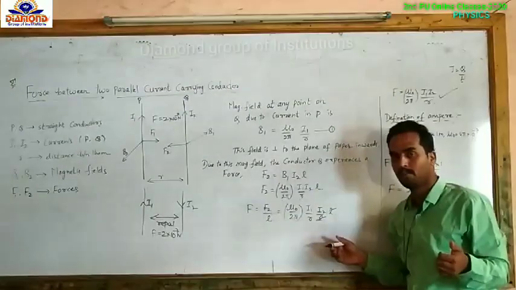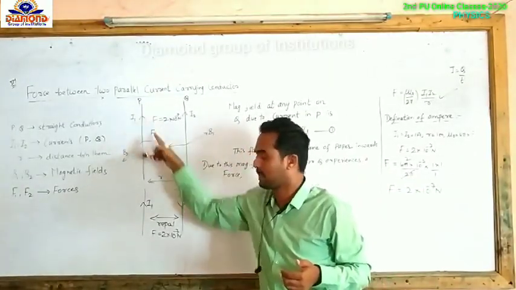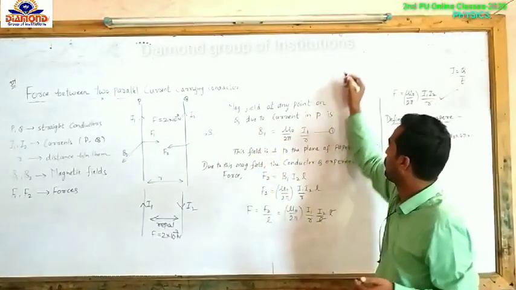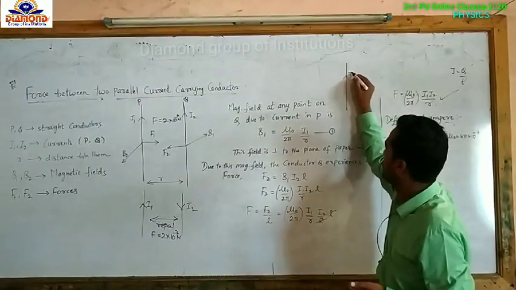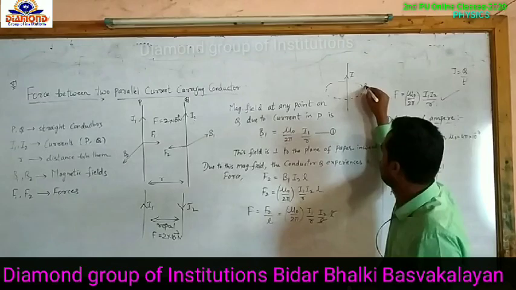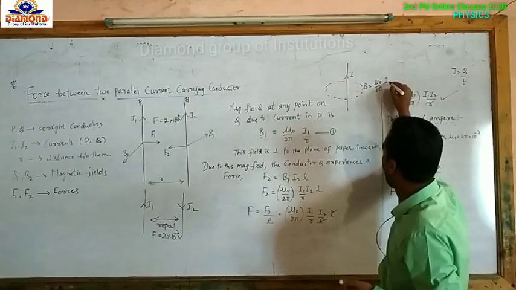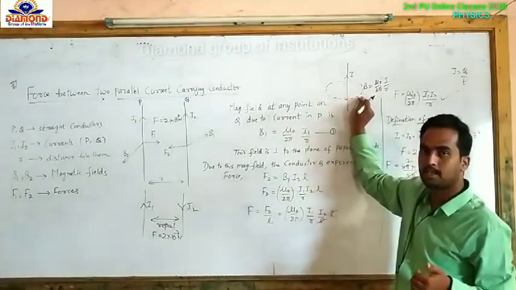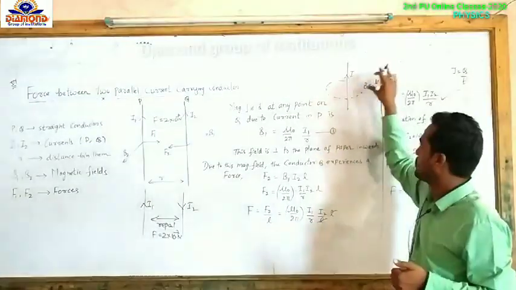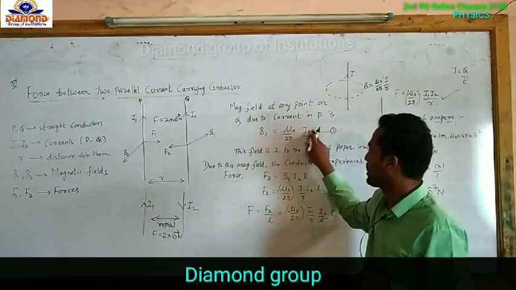So once again we are recalling the derivation. B1, that is the magnetic field produced by the conductor P that is acting towards this side. That B1 value, yesterday we read the derivation, when the current is passing through a straight conductor, this is the magnetic field it is producing here, that is B1, or we can say B. What is the formula? Mu naught by 2 pi into I divided by R. So this is the expression for magnetic field when the current I is passing through a straight conductor. So this expression only we are applying here. But here the magnetic field is B1, so the current is I1.